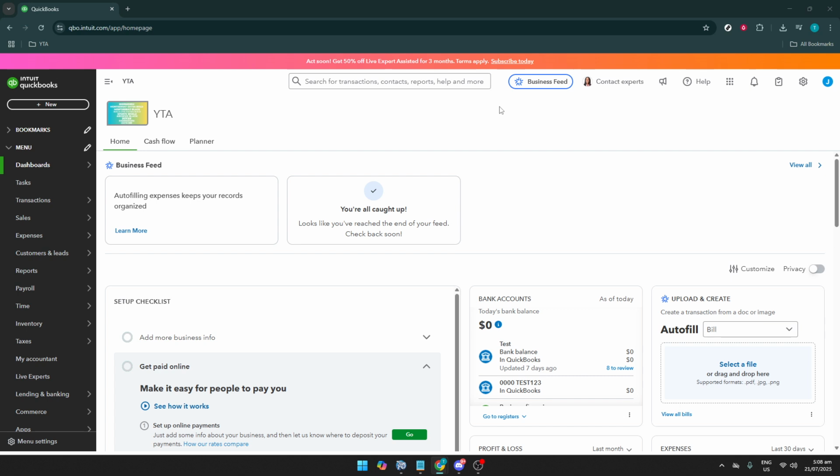First things first, you'll want to navigate to the QuickBooks homepage. You can easily do this by opening your preferred web browser and typing in the QuickBooks website address. Once you're there, log in with your credentials to access your dashboard. If this is your first time using QuickBooks, you might want to spend a moment familiarizing yourself with the layout